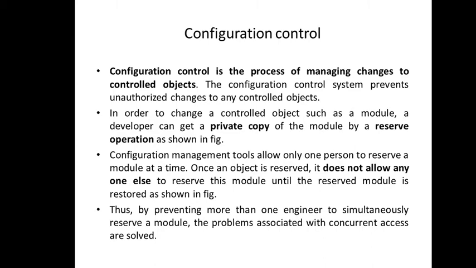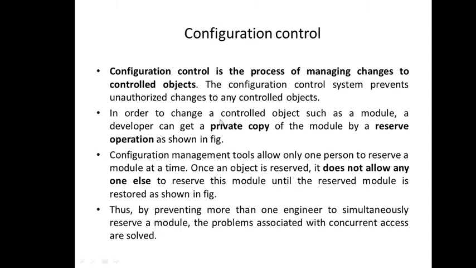So later on we'll see that by authorized changes we mean changes that have been reviewed and certified by a change control board. We have a change control board which is going to review the changes if anyone wants to make a change, and if they feel that it is beneficial, only then do they certify it and the change is allowed to be implemented,